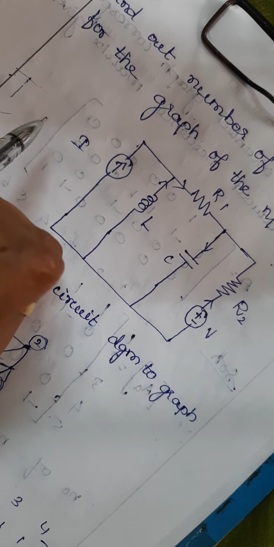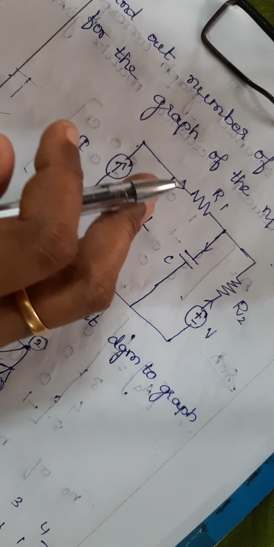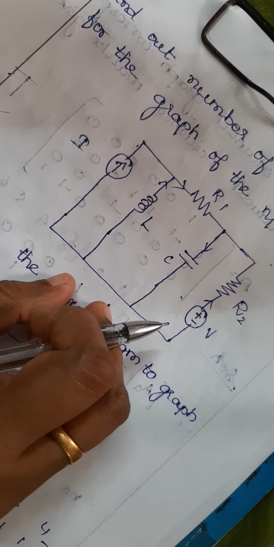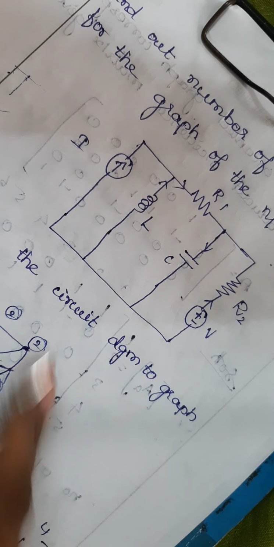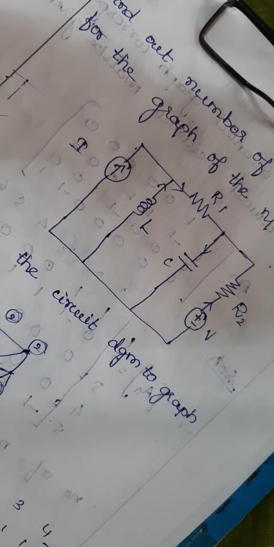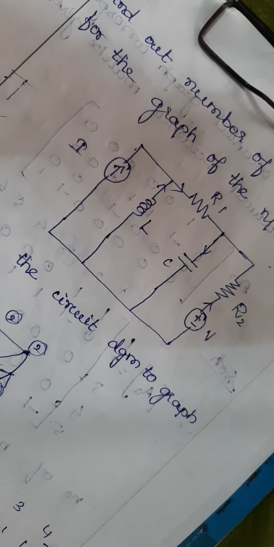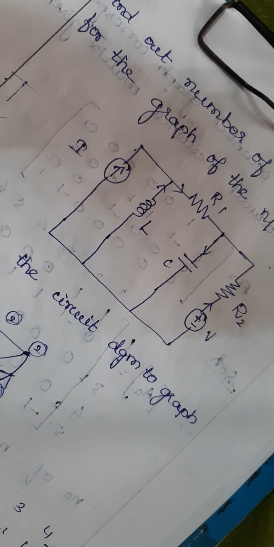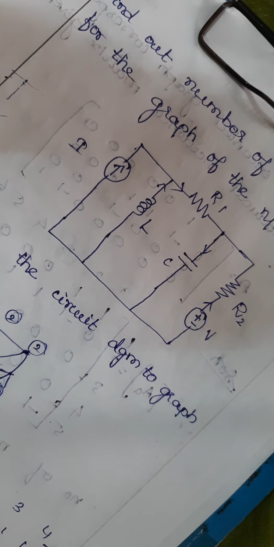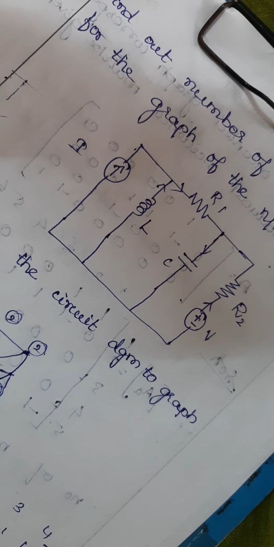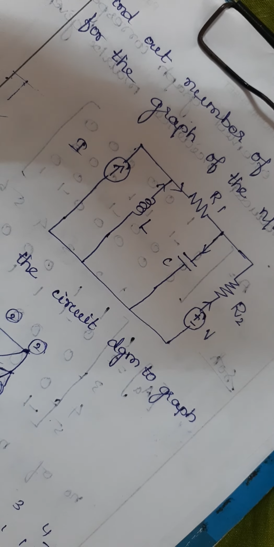Co-tree means it is a connected graph. It is not in the tree. ட்ரீல இருக்கிற branches co-treeல இல்லாதது. The remaining branches of the tree, that is known as the co-tree. It is also known as links, cords, or ties, etc. So that is known as the co-tree. Can you understand? So first one, what is the formula for finding the possible tree? Means determinant A into A transpose. Okay, determinant A into A transpose.